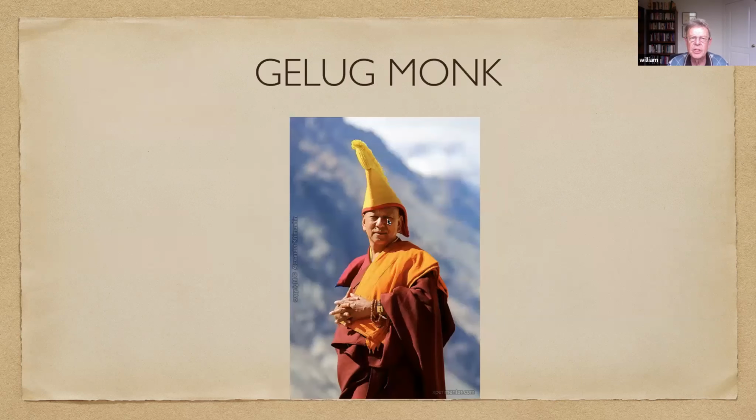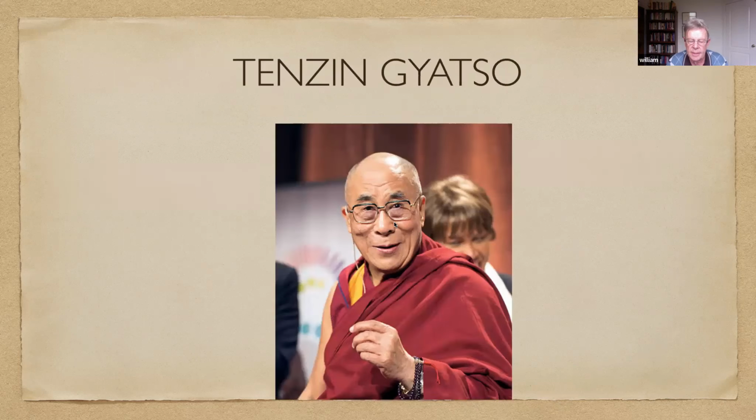So I think I mentioned before that the dominant school is known as the Gelug, or the yellow hats, because that's the traditional yellow hat that they wear. The spiritual head is the Dalai Lama, and the order was founded in the 14th or 15th centuries. And there have been successive Dalai Lamas ruling since the 17th. So let me just say a few words about the current, or 14th, Dalai Lama, Tenzin Gyatso.